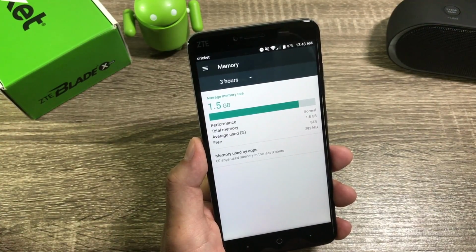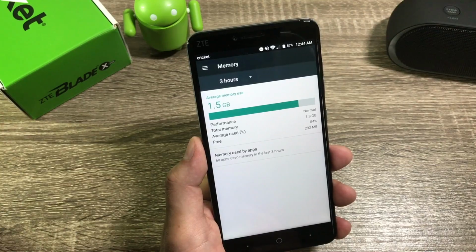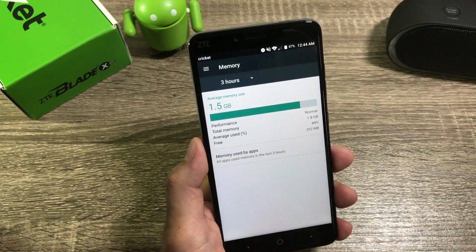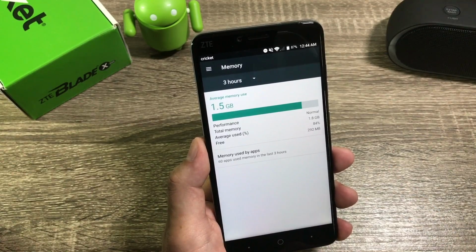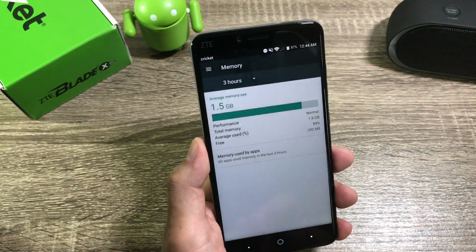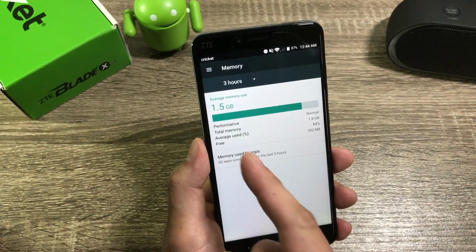Another thing to note as we go into the memory settings here, it almost always shows 1.5 to 1.6 gigs of the 1.8 available used. So even from the moment I unboxed it, if you go back to the unboxing video, out of the box, 1.6 gigs were being used. So I don't know if this is misinformation about how much RAM is actually being used, because that seems really